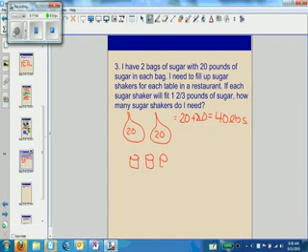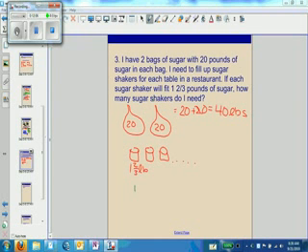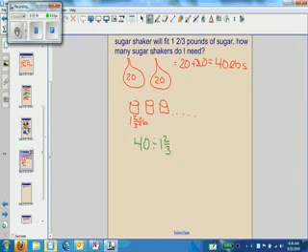And I'll draw our little sugar shakers here. And we have no idea how many sugar shakers we need. That's what we're trying to figure out. But we do know that each sugar shaker can fit 1 2/3 of a pound within it. So our problem is our total 40 pounds divided by our individual 1 2/3 pounds to see how many sugar